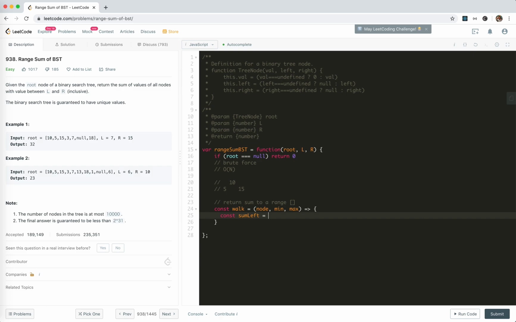But the BST will help us, right? Yeah. Let sum left equal 0. Let sum right equal 0. We will walk to the left unless what? Unless